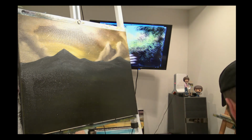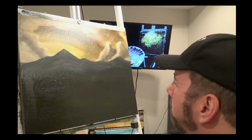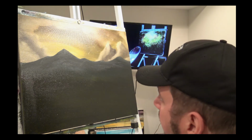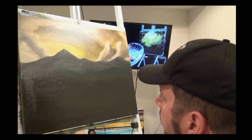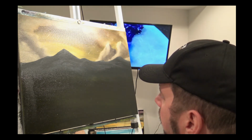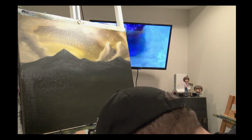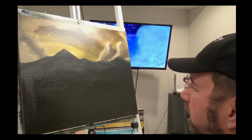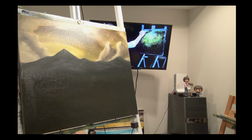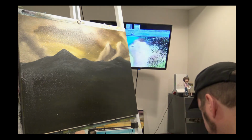Should we add a highlight to the top of the mountain or leave it a black silhouette? What do you think? Could do it either way. I really think the mountain would have a touch of yellow on the edge, so I'm going to do that. Don't know how. I suppose I could use a small knife. Maybe touch the edge, or do I want to soften it? I'm just thinking how I want to do that. Cleaning my brush. I would think that I would use a filbert brush, and then I would